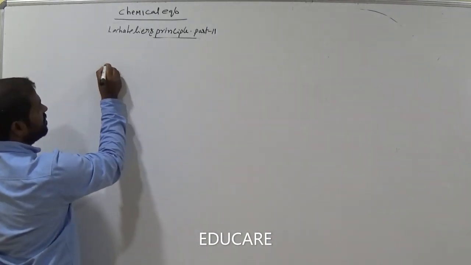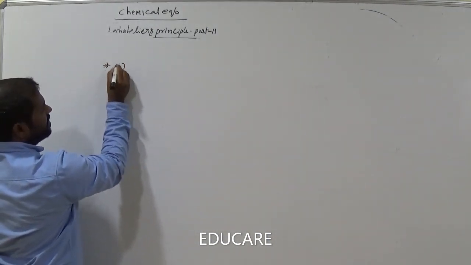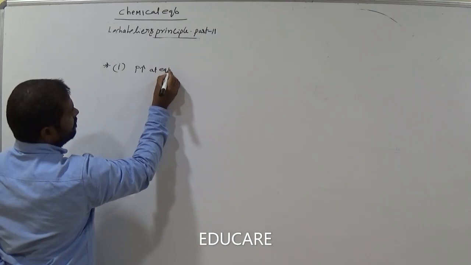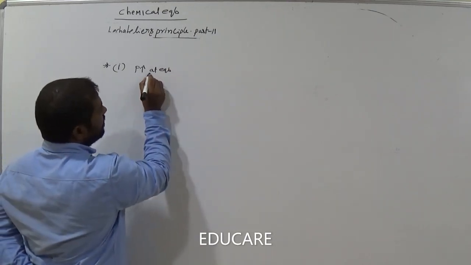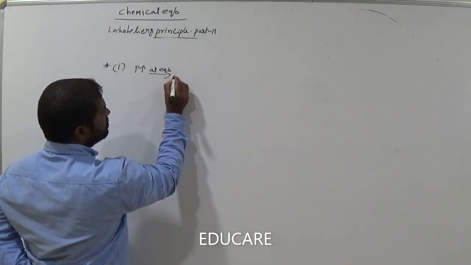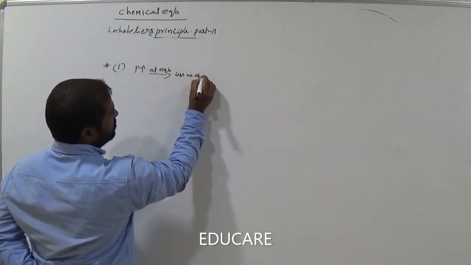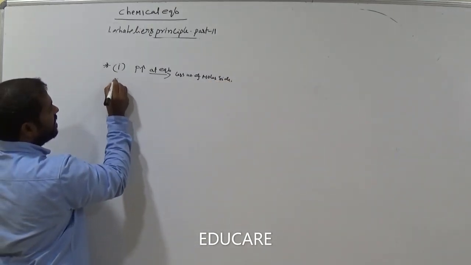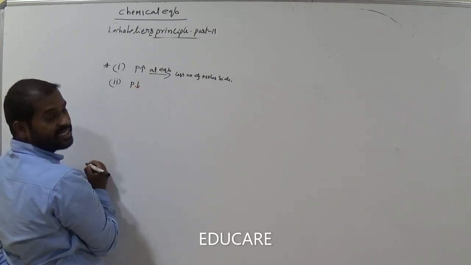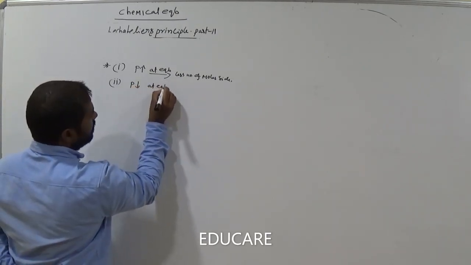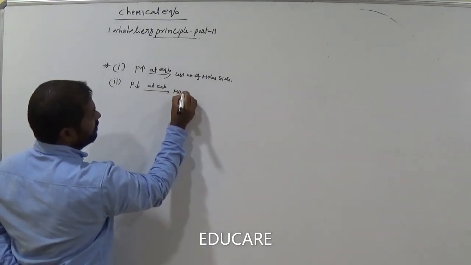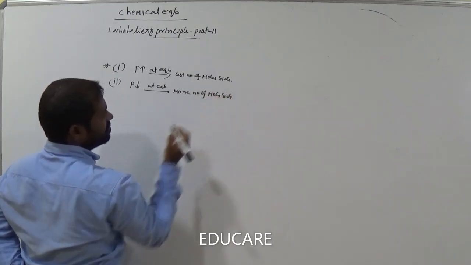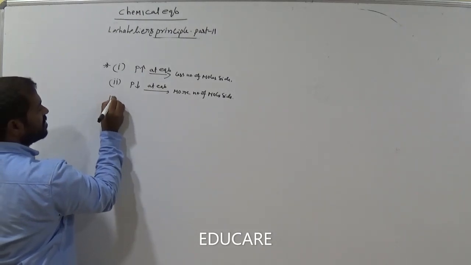So in the effect of pressure, in the first case, pressure is high. At equilibrium, it moves to the less number of moles side. Am I right? In the second case, pressure is low. At equilibrium, it moves to the more number of moles side. Am I right? In the third case,